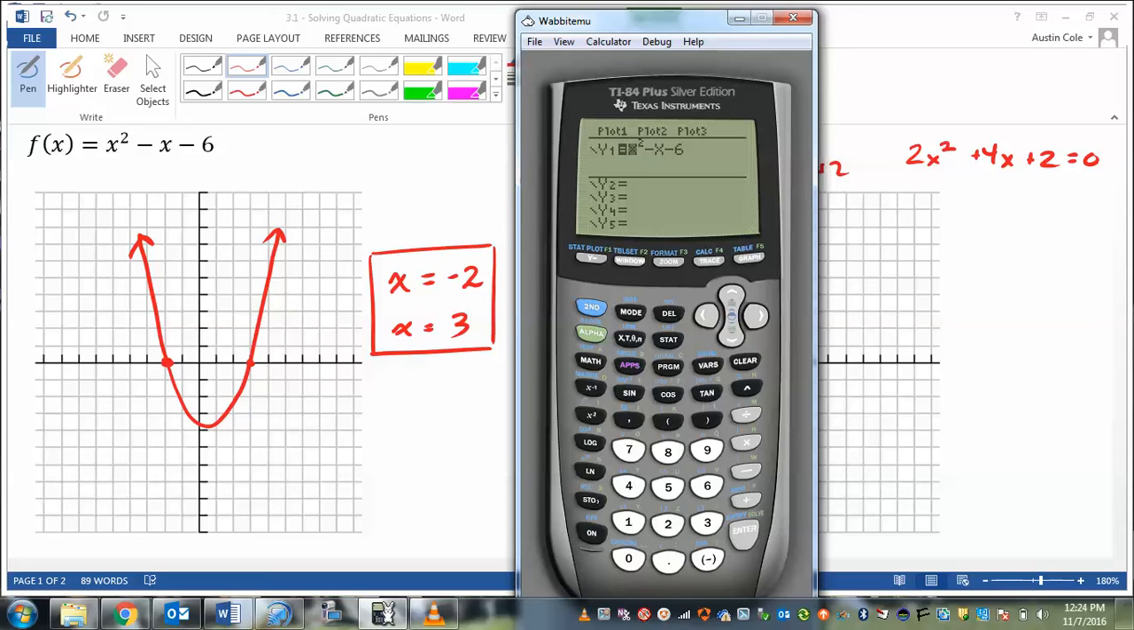But if you want to insert something, you can hit the second button and then the delete button. Above the delete in blue letters it says INS for insert. So hit second insert, and now it's blinking, meaning I can hit a 2 there. Now it's slid it over, which helps save some time. So 2x squared